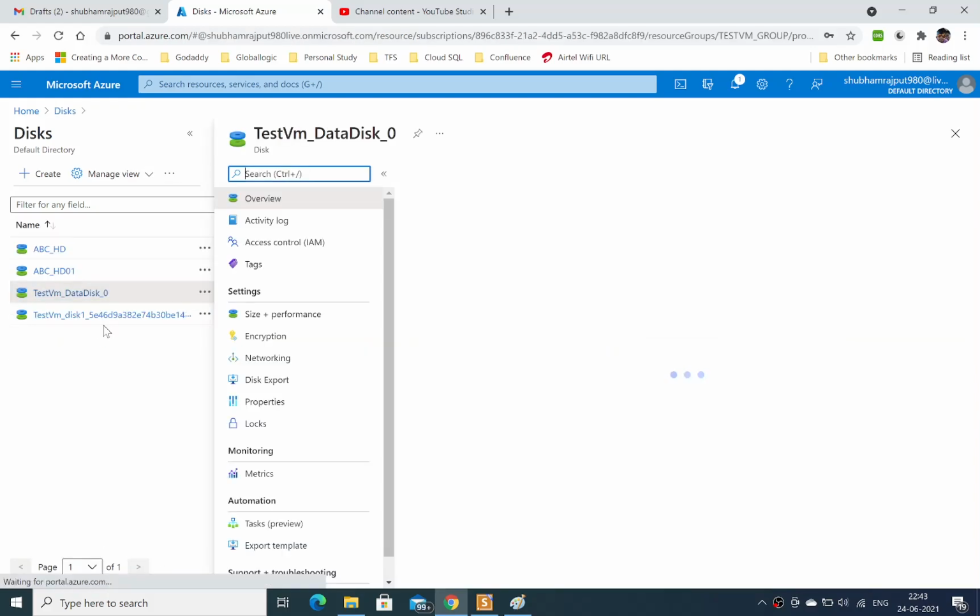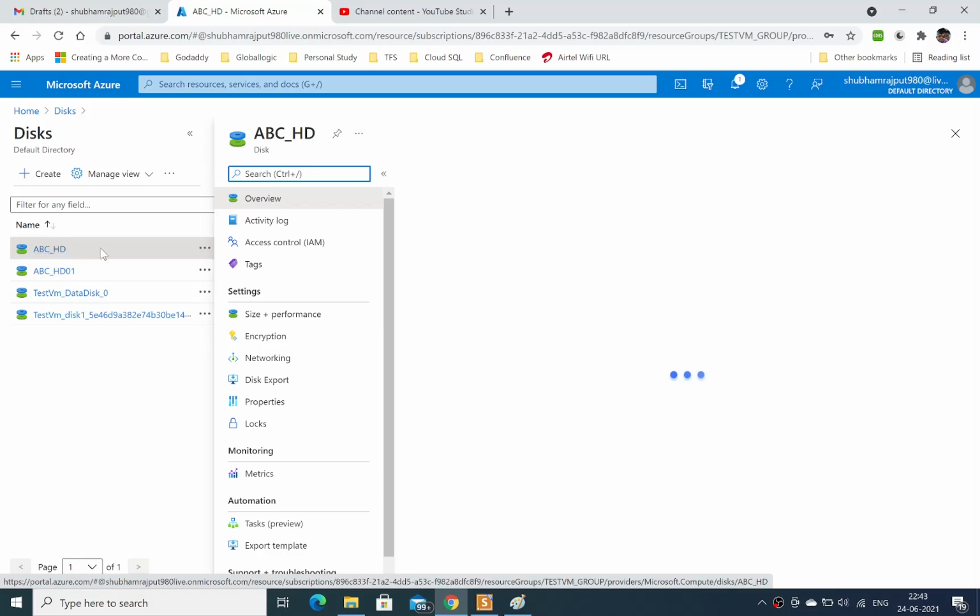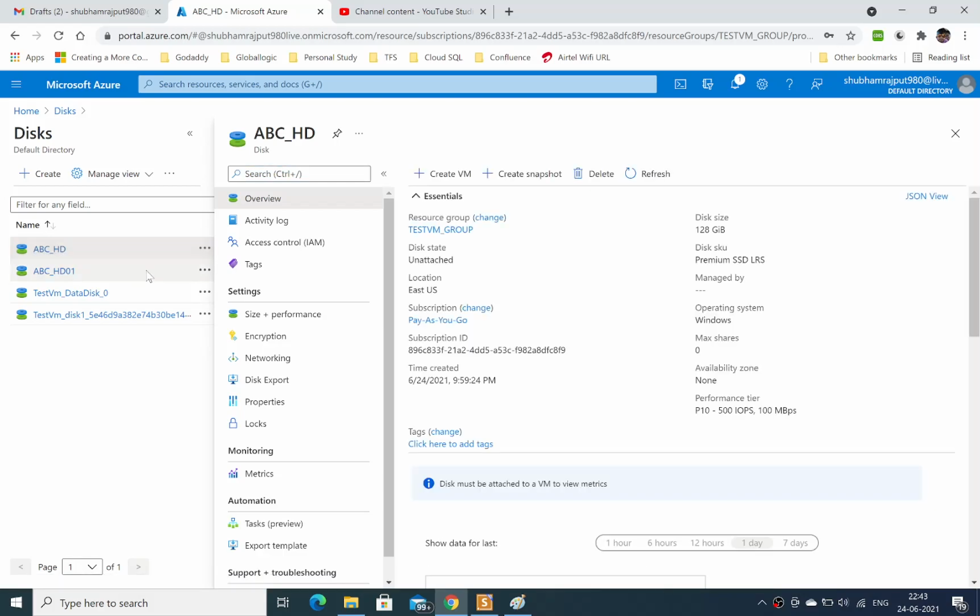If I open it, it will show that you can create a snapshot of this one, but the option for creating the VM is not enabled, because this is my data disk and no operating system is installed on it. Right now no virtual machine is pointing to this one, so I am creating a virtual machine